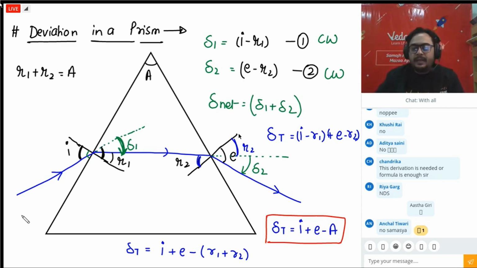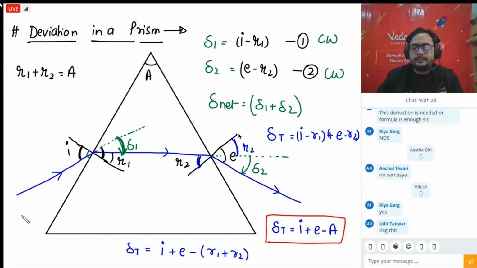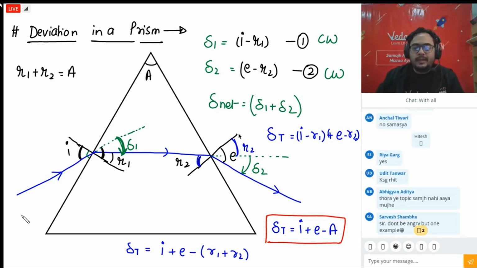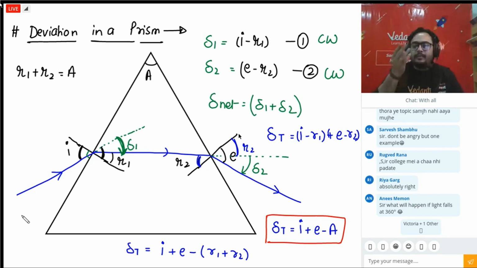NDS. Oh, I think it means no doubt, sir. Short form, I think so. I'm not sure. Okay. Chalo. I am also a little bit young then. I am giving an example. I was just waiting so that you people at least have one formula, for example. Now I can give the example.